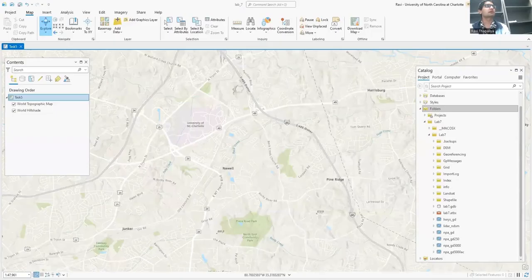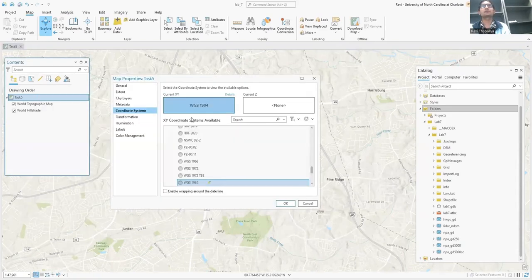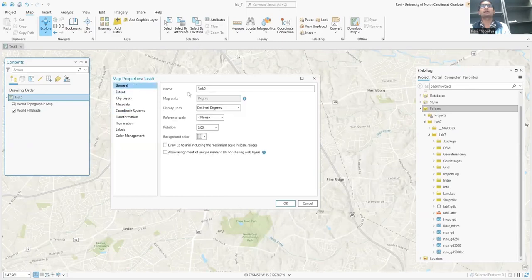Hi everyone, this is task 5 for lab 7, georeferencing an aerial photo from Google Map. In step 1, insert a new map frame in your lab 7 project and name it task 5. For that, right click and go to the properties for the data frame and then go to the general tab and name it task 5